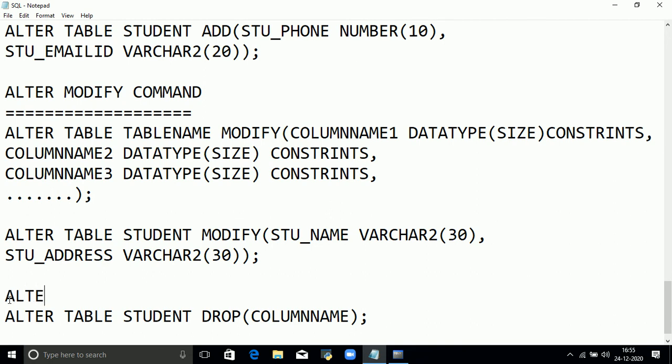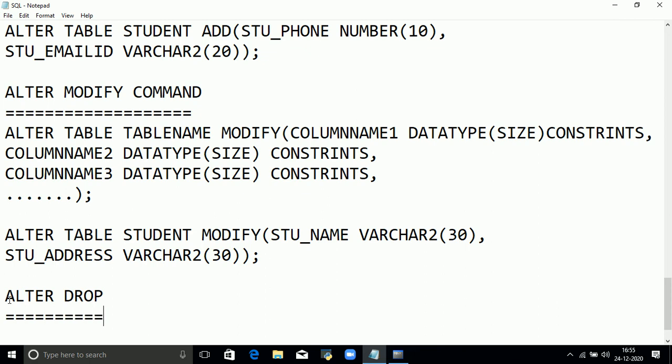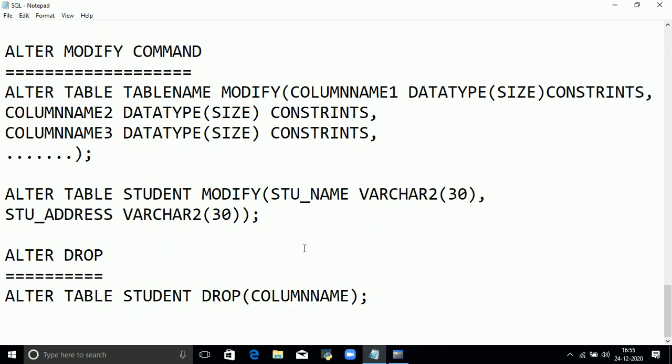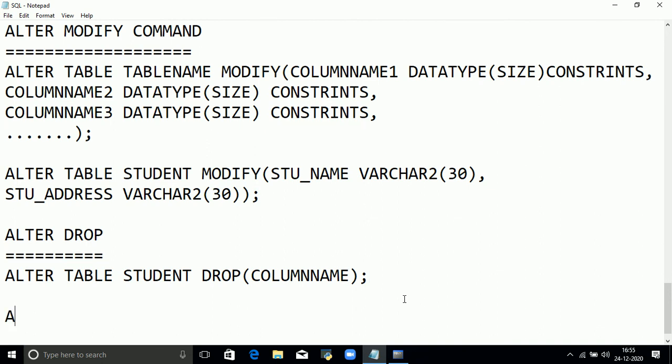So alter table student drop column student address.